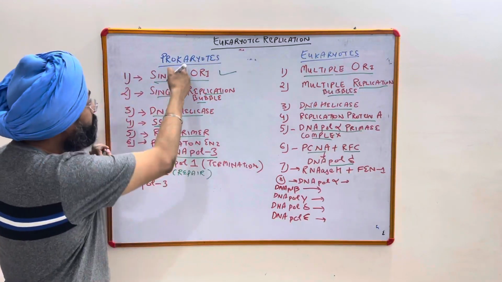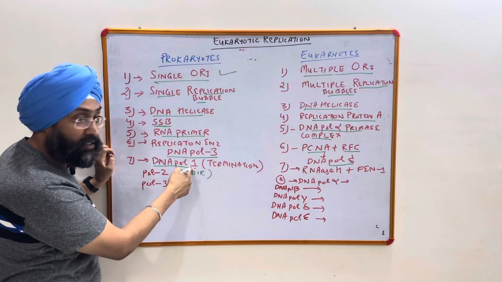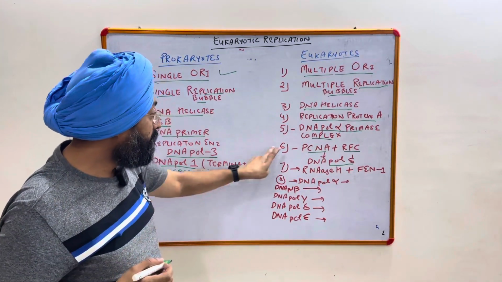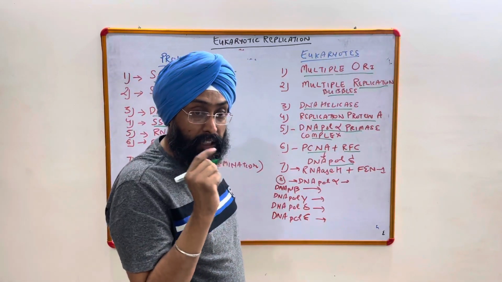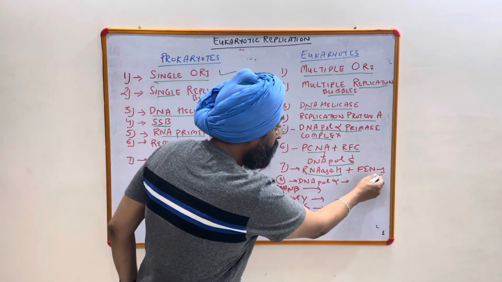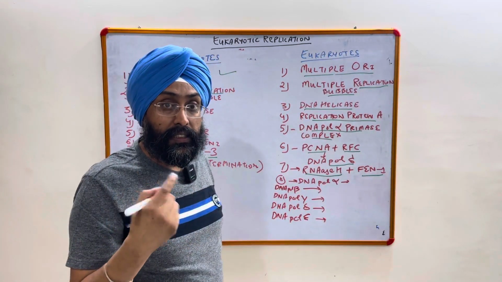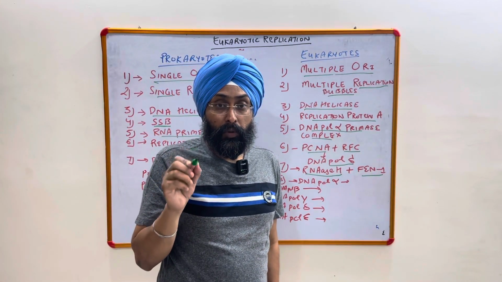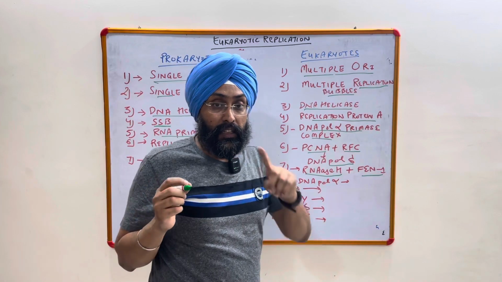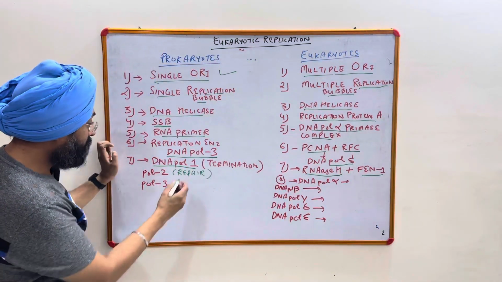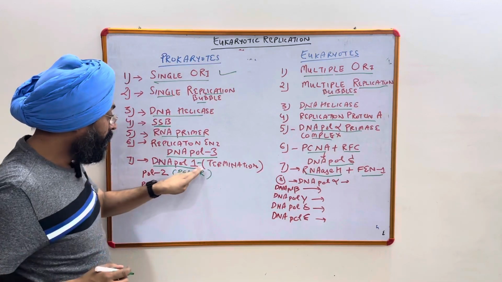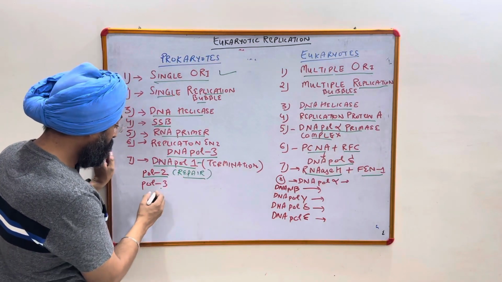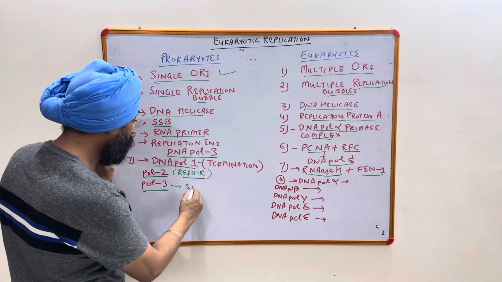Now comes the termination of replication. In prokaryotes, the replication is terminated by DNA polymerase 1, and the strands are ligated by DNA ligase. But in eukaryotes, at the point of termination, there are RNase H and flap endonuclease 1. They will stop the replication and the strands are ligated by the same DNA ligase. There are also differences in the DNA polymerases. In prokaryotes, there are 3 types: 1, 2, and 3. Polymerase 1 is involved in termination of replication, right? 2 is involved in repair, and DNA polymerase 3 is involved in synthesis of